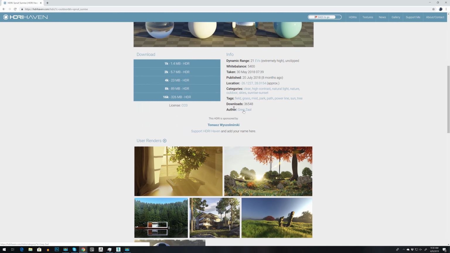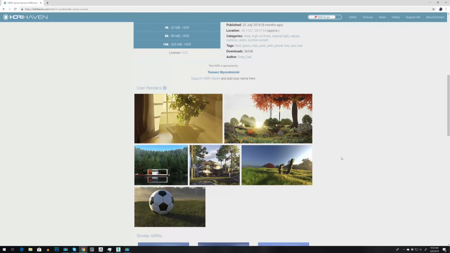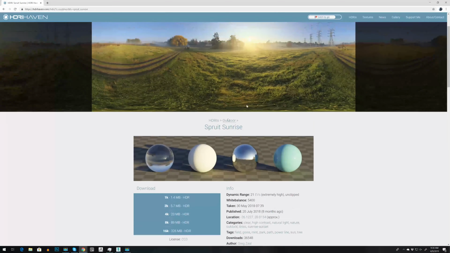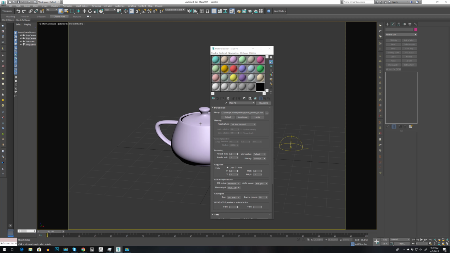And also you can choose the size you want. I took it for 4K, and then you can see what some users render with this HDRI. So I really like this ball. Okay, now I'm going to choose this one, and I'm going to apply